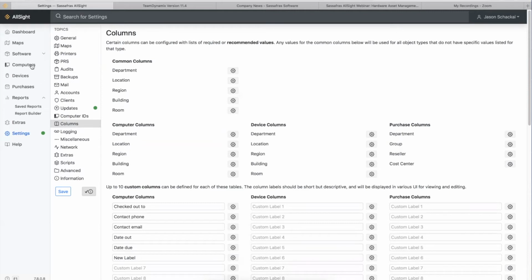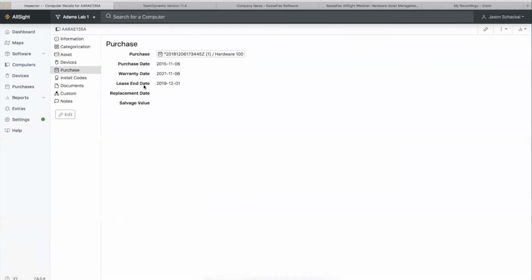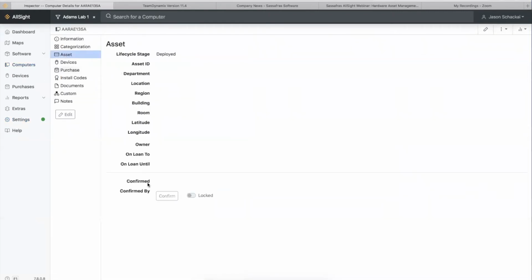So if I go to the computers page, and I open up a computer record, and we hit the asset fields, I can lock the asset fields, and that's going to lock the UI, so I can't make manual changes without unlocking. And it will also tell the client not to overwrite the data